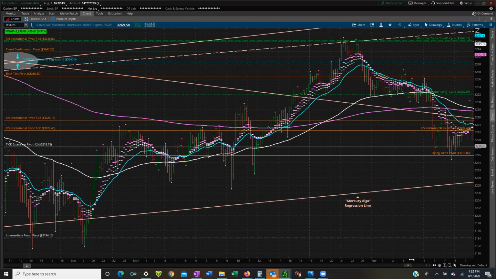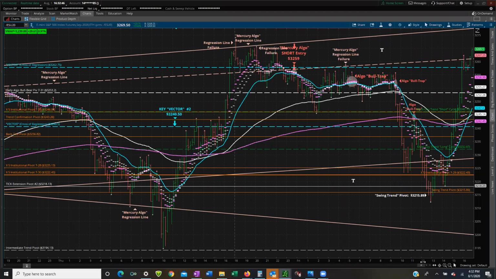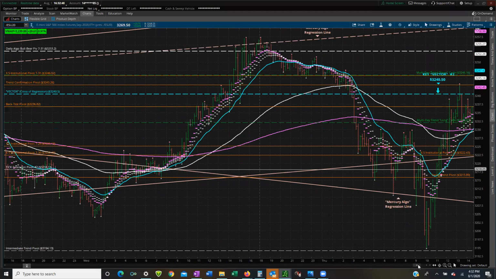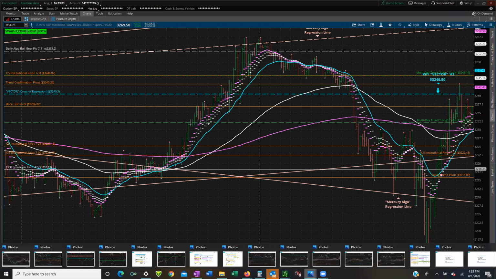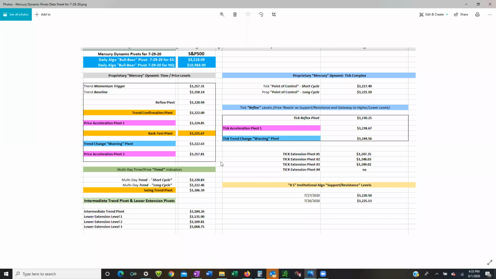So the regression lines are just one of the metrics that we give you. So let's go back to where we were just to finish the thought. So now we come up here. This daily bull bear pivot. In fact, let me go over here, let's take this one. All right, to give you an idea and to prove once again that there are specific time cycles,